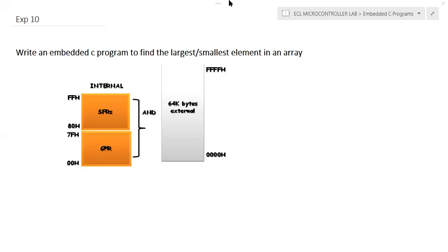In this lecture, we will discuss how to write an embedded C program to find the largest and smallest element in an array. First, we will discuss how to find the largest element in an array. After that, we will discuss how we can modify that program to find the smallest. No other information is given in this particular question, so we'll assume that the values are stored in external